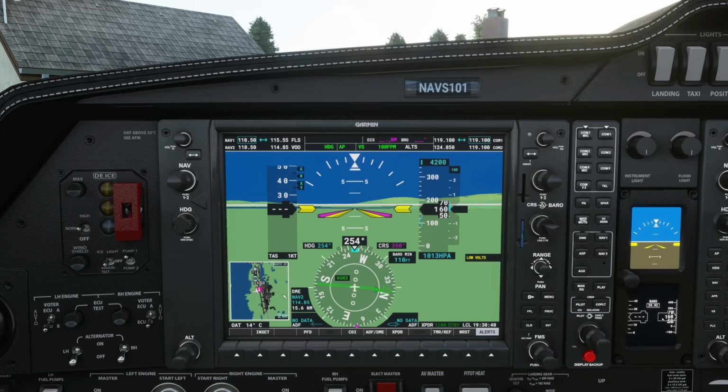And can you see there in that window, it increases by 100 each time you press it, 100 increments. Okay, not sure why that's not going up again. Maybe I need to. There you go. All right. So that's your VS. Okay, and you have a flight level change facility as well.